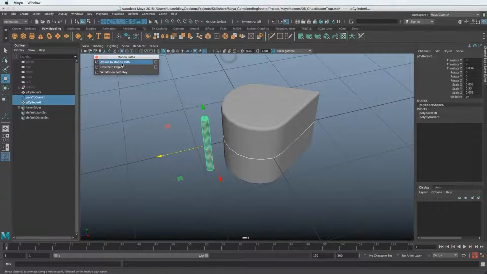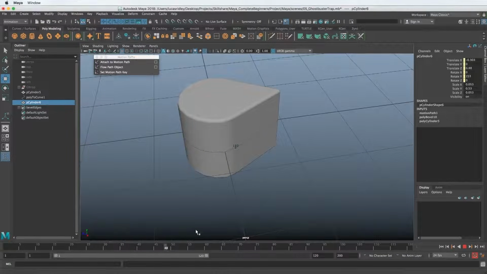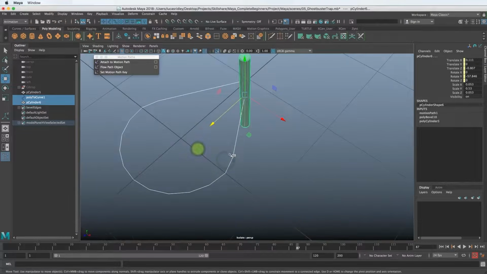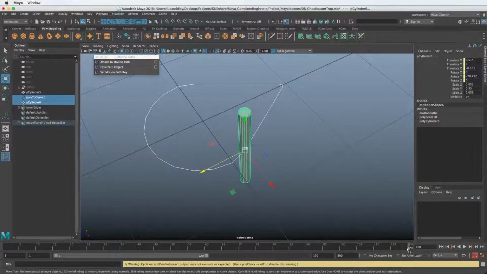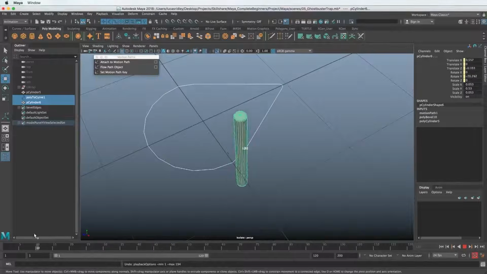Attach to motion path. So what we have now, if we click and drag the timeline, even though we're still in the modeling course, don't get confused. Even though we're using the timeline and we are in animation now, we're using this to help us model. So what we've created is that this follows the path. If I select these two things and I isolate it here, you can see it says 120 here. And that means it's going over the timeline that we had. If this was further out, it would have gone to 194 or whatever. But because it was at 120, that's the length of the timeline. So that's what it's doing. It's going to animate over the length of that.